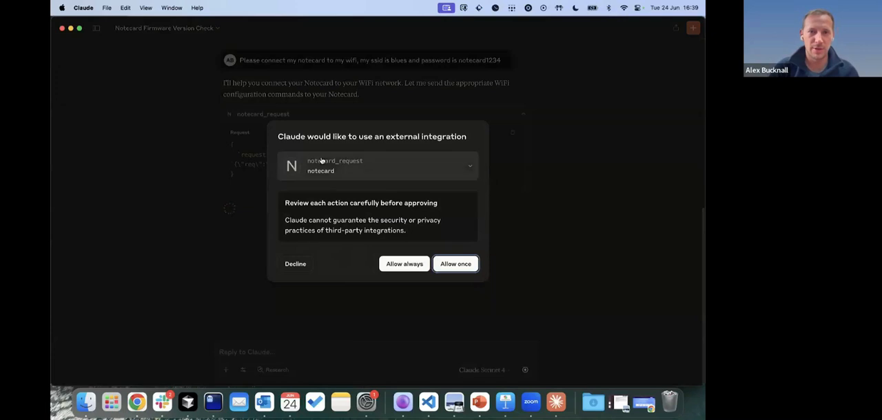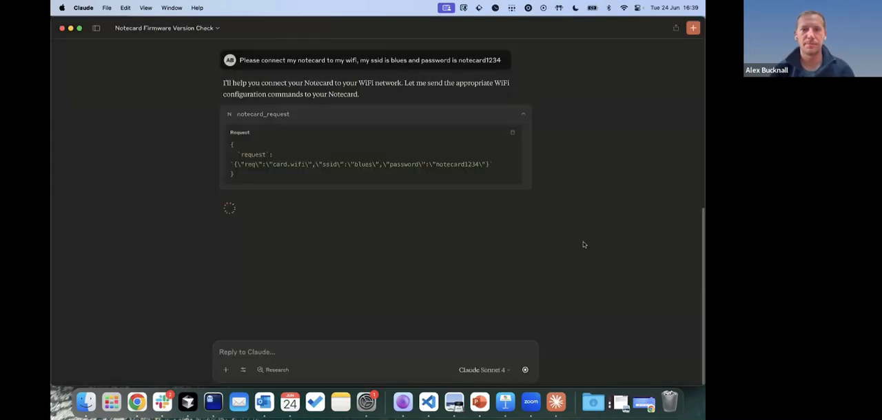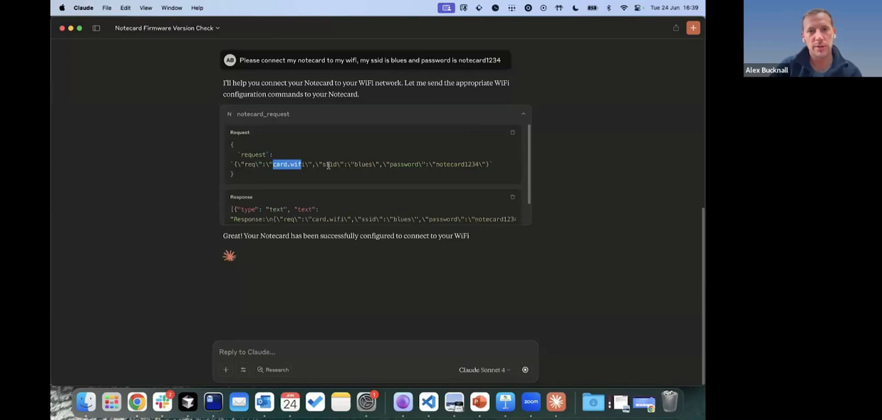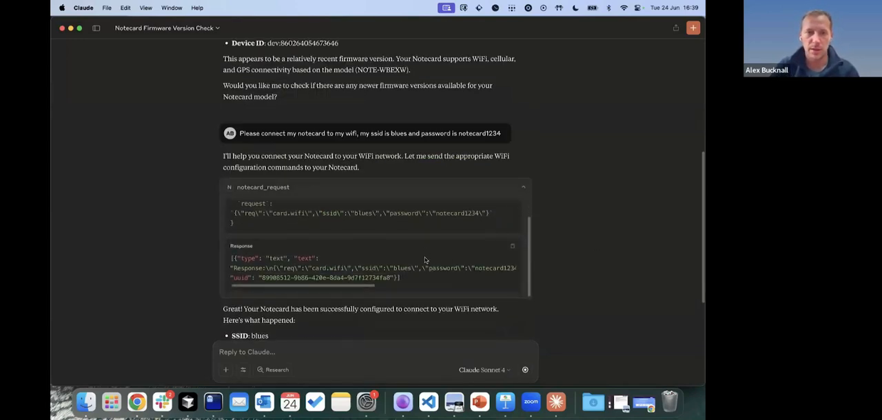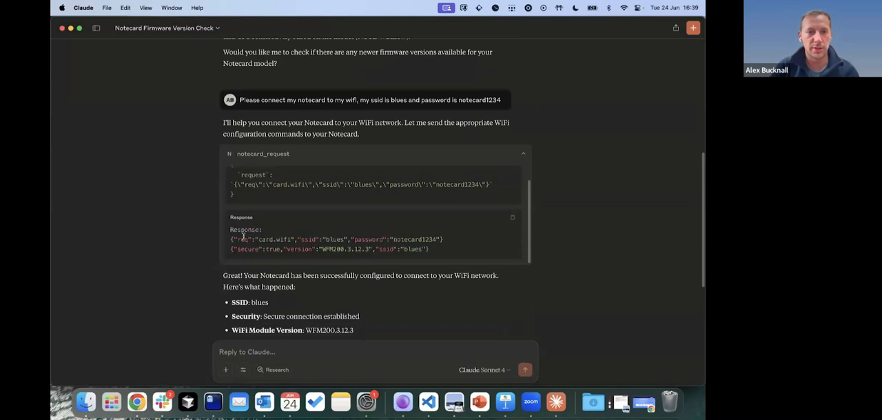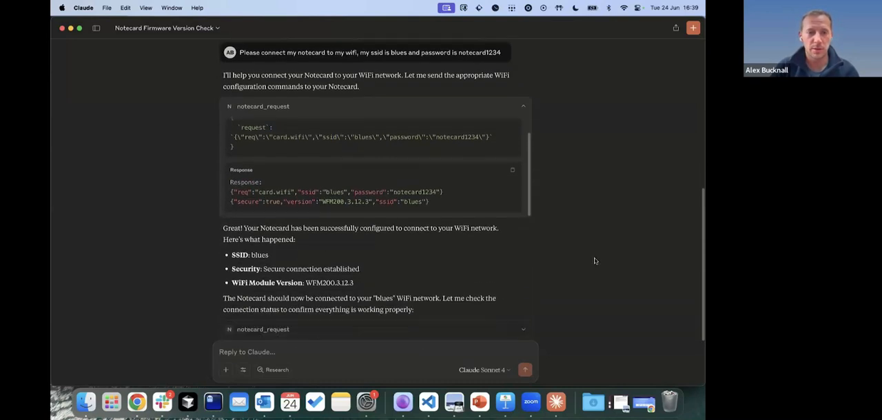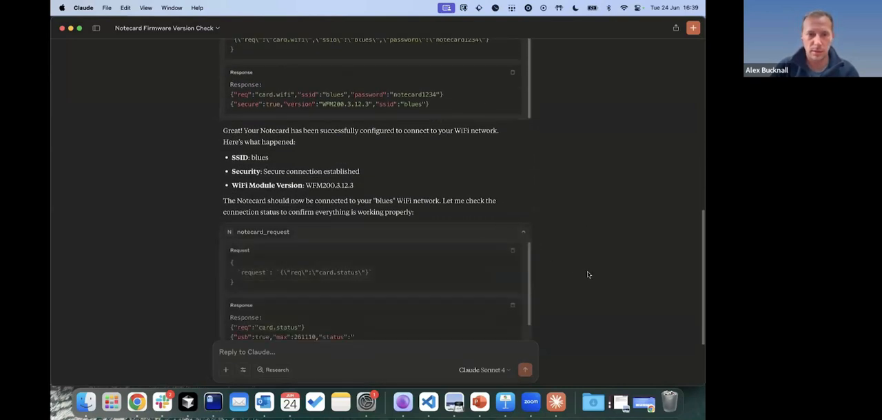Okay, so it's asking me here to make a Notecard request. So I'll allow that. And you can see the request is being made here actually. It's a card.wifi request with the parameters SSID and password. And it looks like that response was successful. So it's told me that